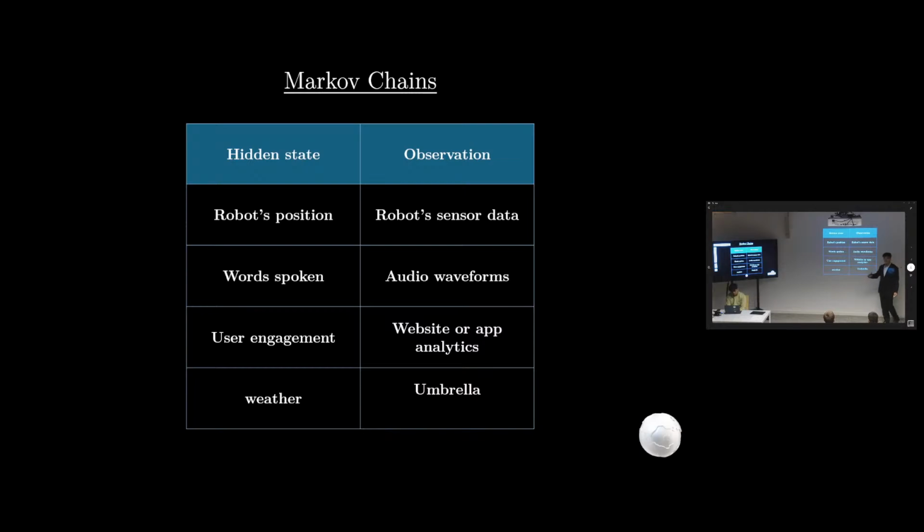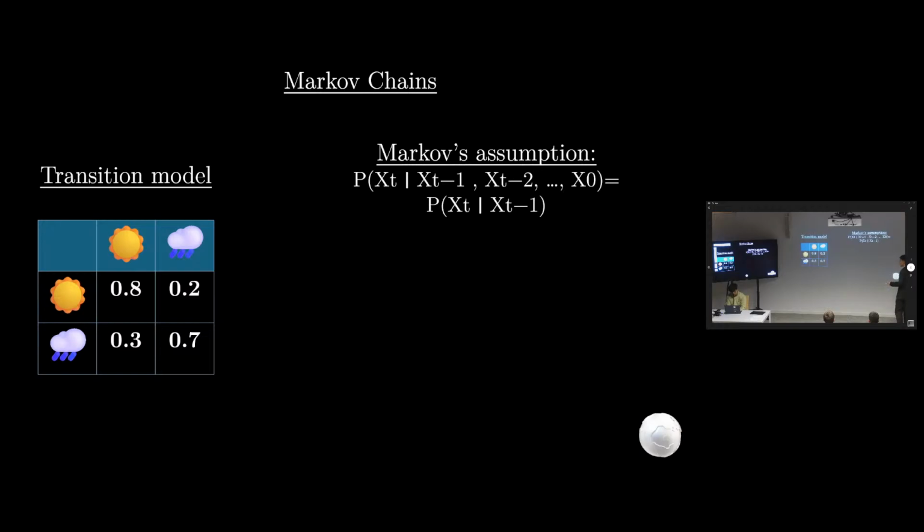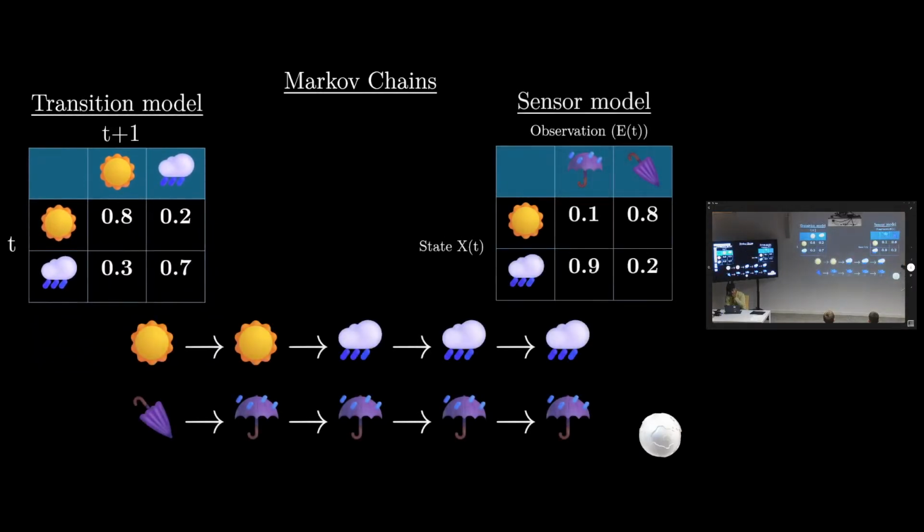What it means is that I can try to approximate the weather of today by knowing how many people bring an umbrella to the office. If a lot of people bring an umbrella, I could tell that it was probably a rainy day, or at least maybe there were a lot of clouds in the sky. So then, to this transition model, we add what we call a sensor model. The sensor model says, given the observation that today people bring umbrellas, the probability that today is a sunny day is 10%, while the probability of a rainy day is 90%. While if people didn't bring an umbrella today, the probability of a sunny day is probably 80%, and of a rainy day 20%.